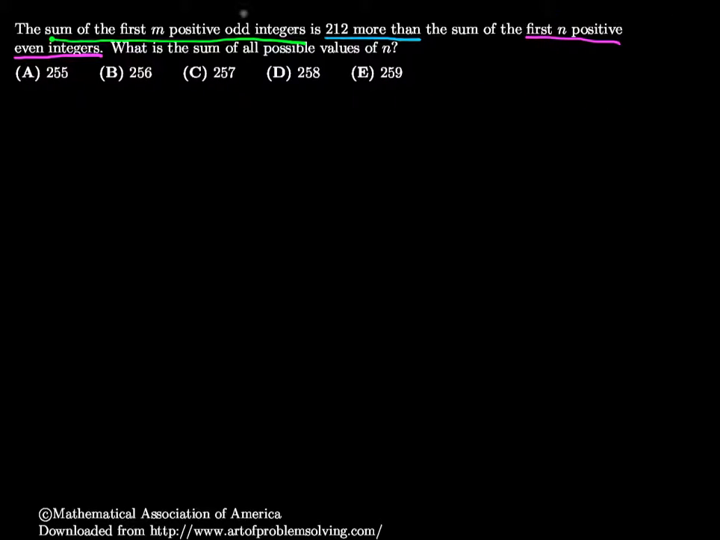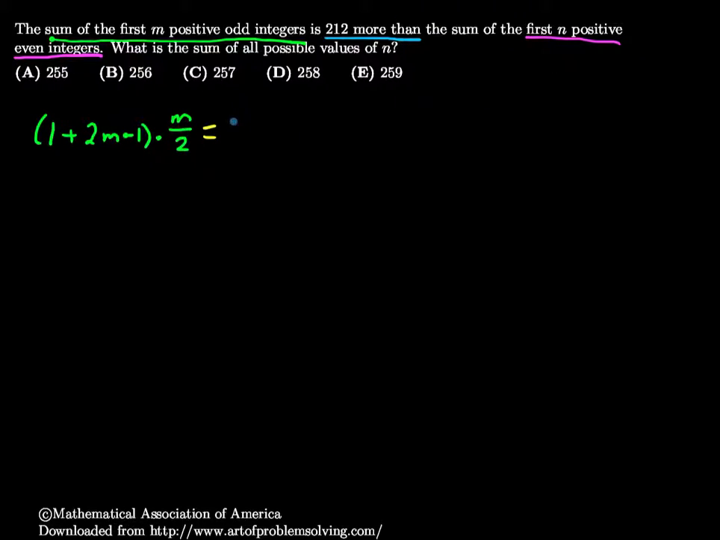Okay, so the sum of the first m positive odd integers. Well, we know a formula. This is an arithmetic sequence with common difference 2. The first term in the sequence is going to be 1. The last one is going to be 2m minus 1. And then we multiply that by how many times we add the first and last term together, which is m over 2. And that should equal